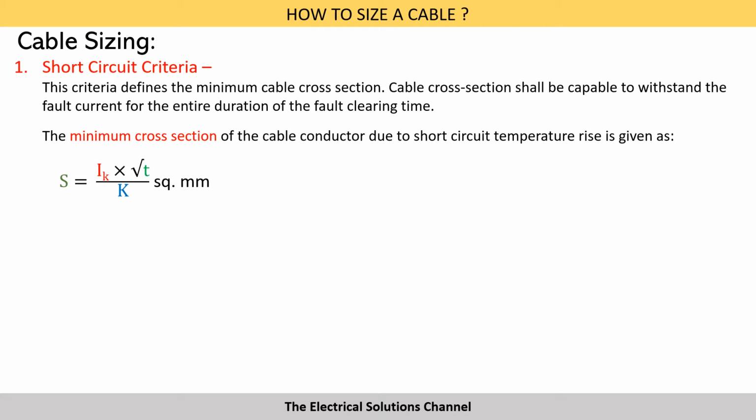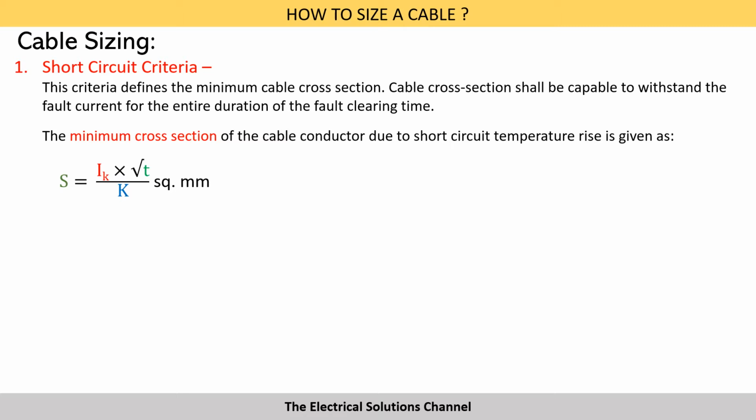The short circuit criteria defines the minimum cross section of the cable. Now, the cable cross section should be such that it should be able to withstand the fault current flowing through the cable for the entire duration of the fault. The minimum cross section of the cable conductor due to short circuit temperature rise is given by the formula